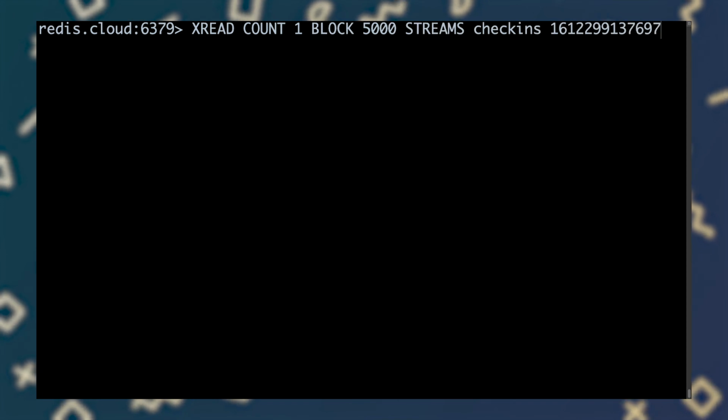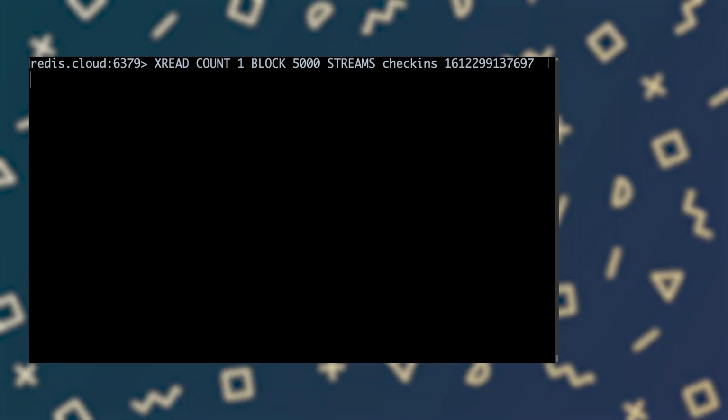We can also invoke XREAD in a way that blocks the consumer until new entries are added to the stream. To use XREAD in a blocking context, I'll provide the last entry ID from my previous call. I'll also specify I want to consume a single new entry, and how long to block in case the stream doesn't yet contain any entries newer than the one whose ID I'm supplying. Here, I'm telling XREAD to block for up to 5,000 milliseconds, or 5 seconds. When I run this command, it blocks because no new messages with higher IDs than the one I provided have yet been added to the stream.